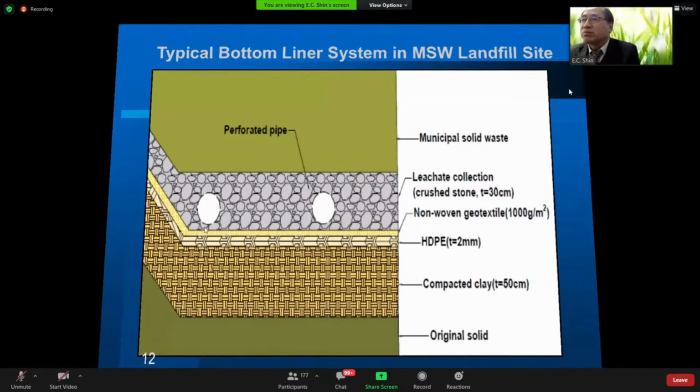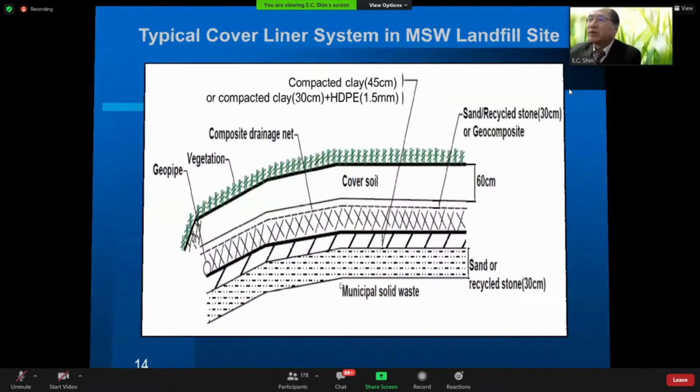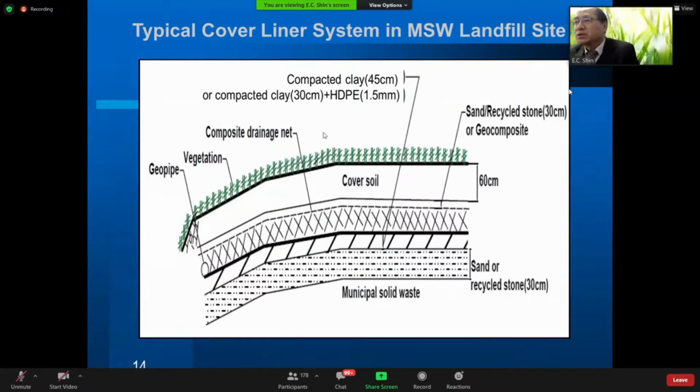ground. I think this is a view of the completed bottom liner system and the side, a good sanitary landfill system. This is the leachate collection and drainage system, and this is the cover system. Here you can also use HDPE, and Professor Charles says maybe he can eliminate HDPE. That's a good idea. I think we learned something from Charles, and last time we used his knowledge and